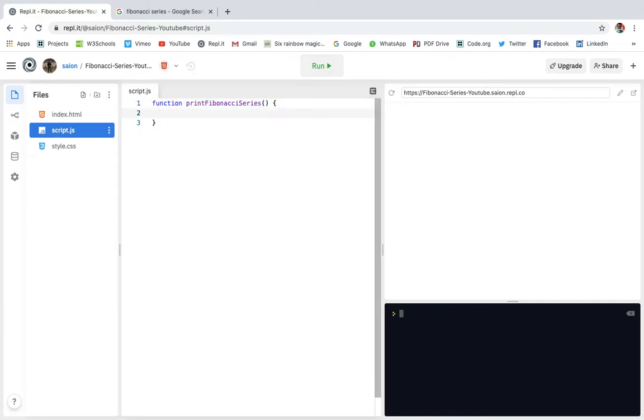Okay, and now inside the method, first I will make a variable called firstNum is equal to 1. Okay, then I'm making a variable secondNum is equal to 1. Okay,